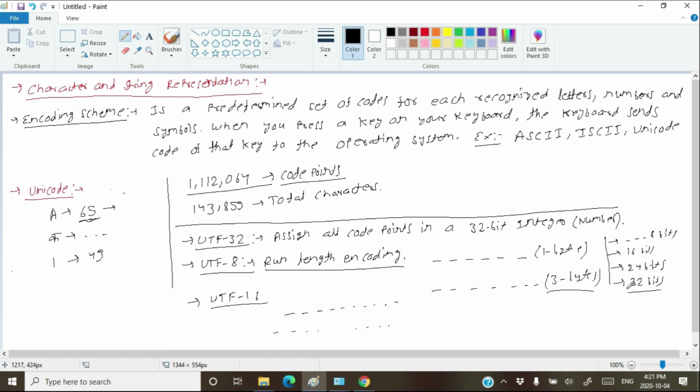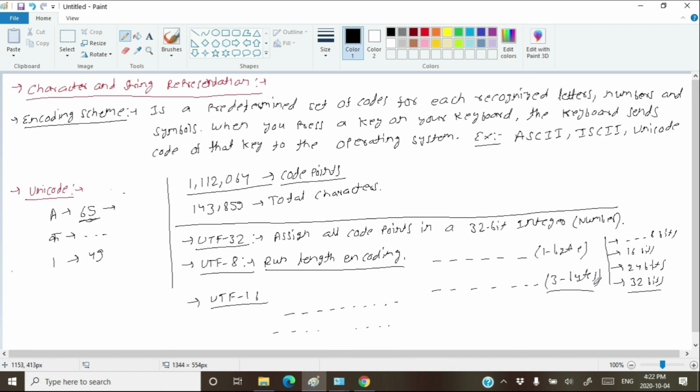There are various ranges of code points: from code point 00 to 075, meaning all the English characters, all the characters which belong to ASCII, we use only 1 byte, that is 8 bits. But Hindi comes in the third category, from hexadecimal 800 to hexadecimal FFFF. These characters are stored in 24-bit binary.